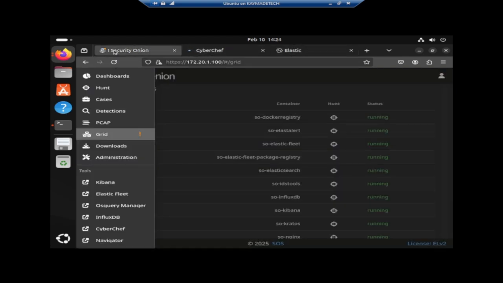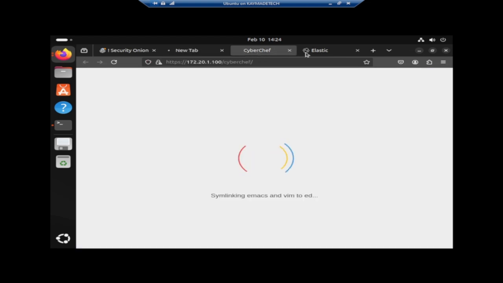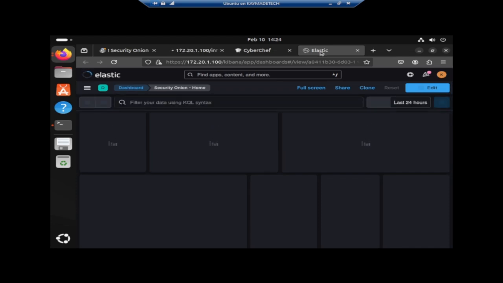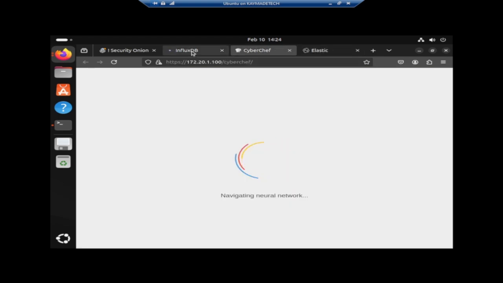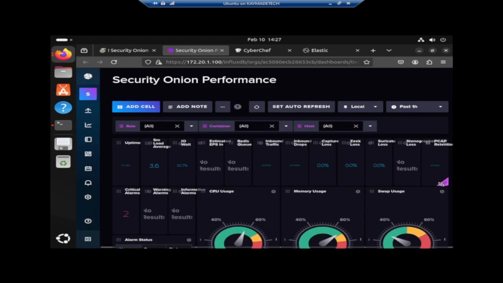Then let me open one more, InfluxDB. Like I said, you will have to read more of this on your own. But in my next video, I'll try to show you one or two things Security Onion does. All right, CyberChef. All right, so this is the